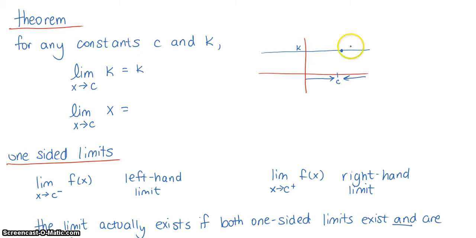So the left-hand side is approaching k in terms of my y value, and the right-hand side is approaching my k. So it's kind of a straightforward theorem for that one, but that's basically what it represents. The next part of this theorem also says that if you again are approaching some value c for the function x. Now again, thinking back to what the function of x is, it is a line with a slope of 1,